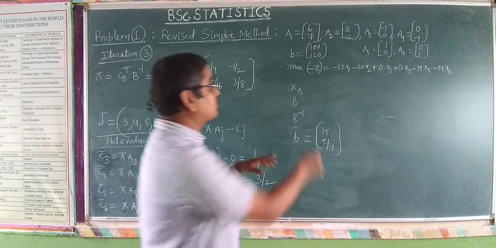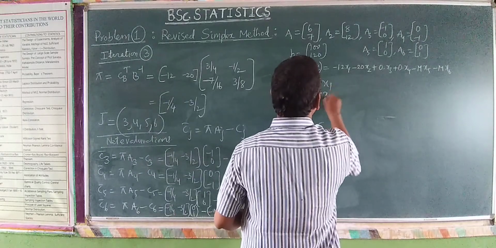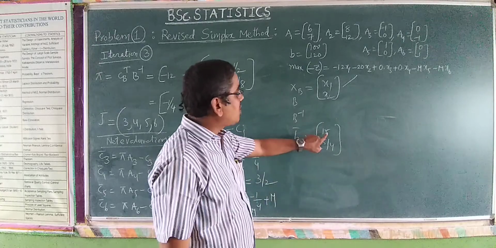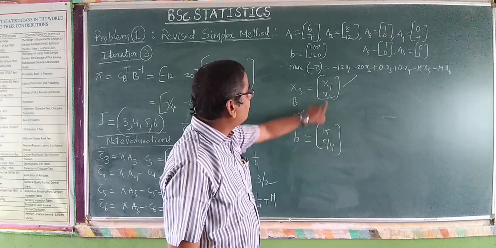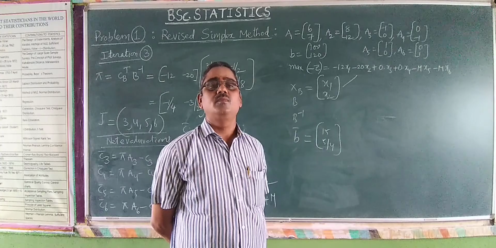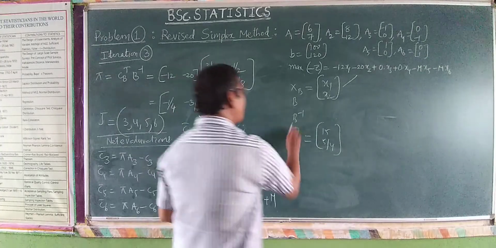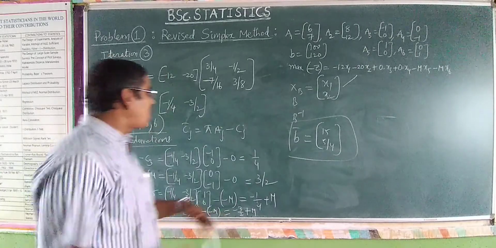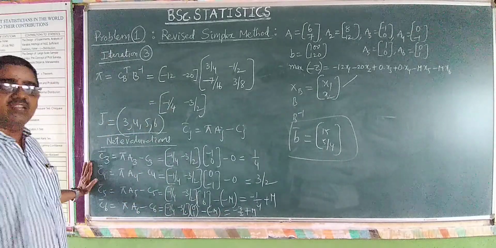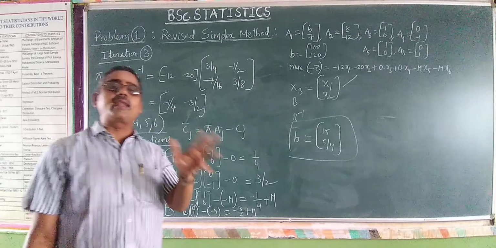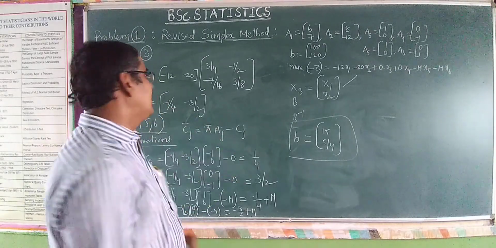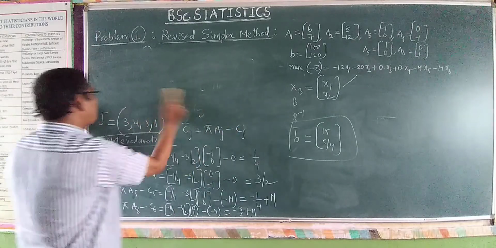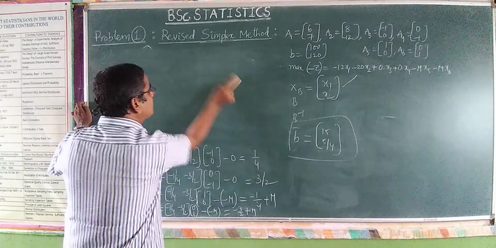So I have already explained that XB is equal to X1, X2. For example, this is XB. Then B bar, the values are 15 is X1, 5 by 4 is X2. So therefore, this is what the current solution is, an optimum basic feasible solution. Since, after calculating the net evaluations, if you get all greater than or equal to 0, then you have to write clearly: all net evaluations C bar are greater than or equal to 0. Therefore, the current solution is an optimum solution.